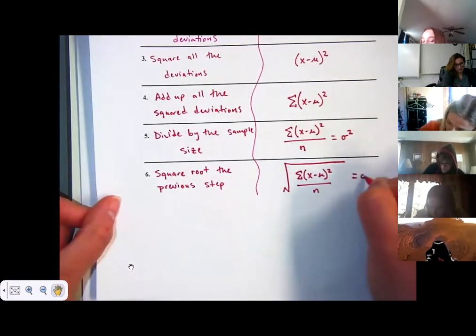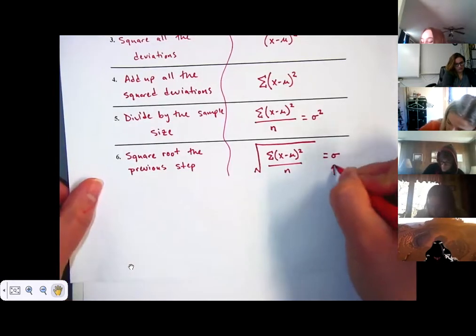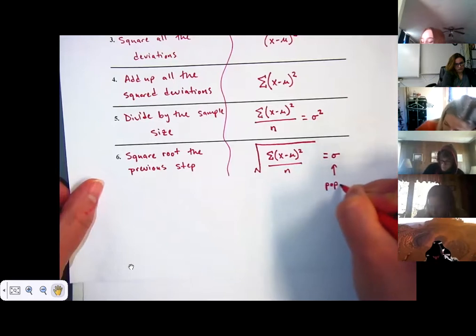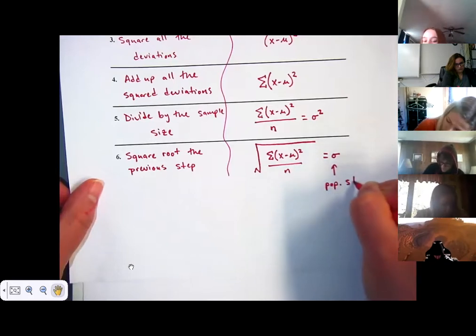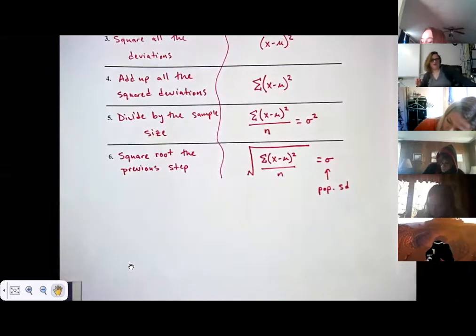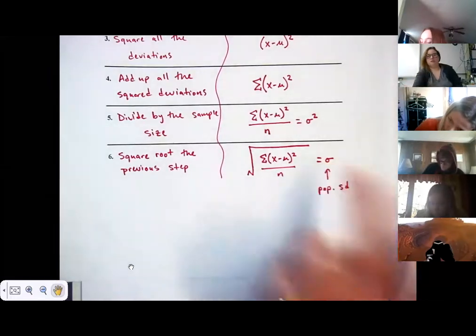And that equals population standard deviation, which is denoted by sigma. That little,